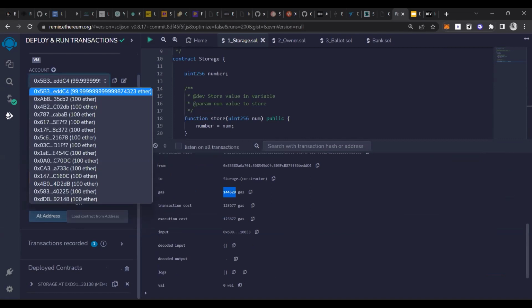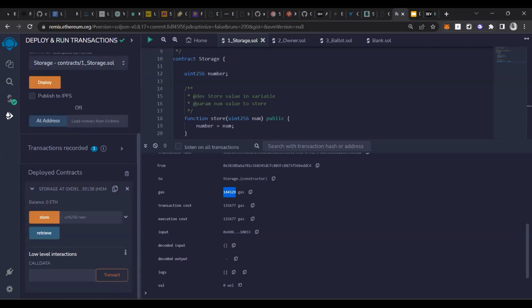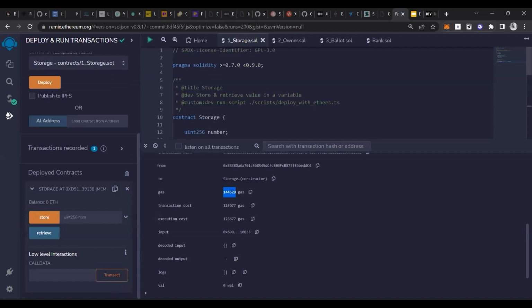This gas fee is being deducted from this account because we are deploying with this account. And one of the good features Remix provides is that you can directly interact with your smart contract in the online IDE.